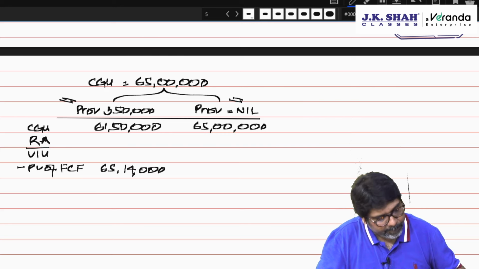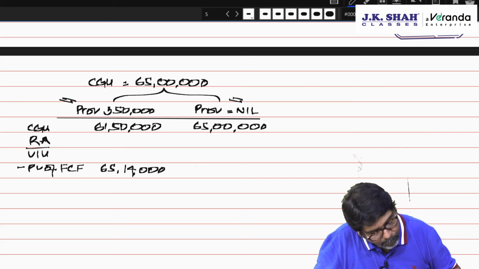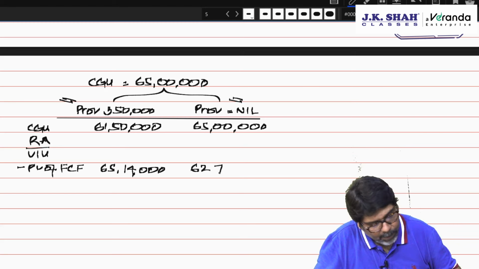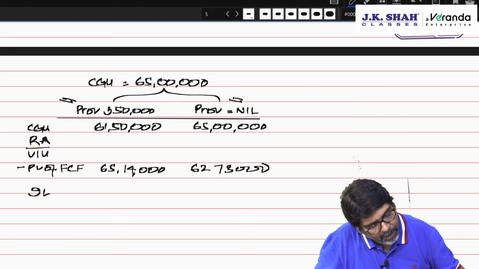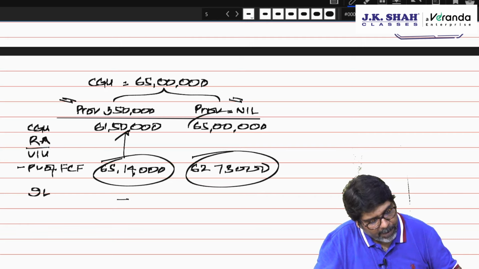Over here impairment loss is not there because recoverable amount is higher, and over here impairment loss will be